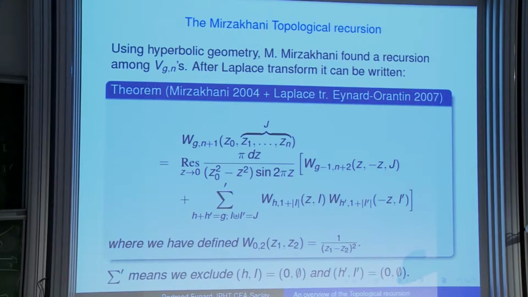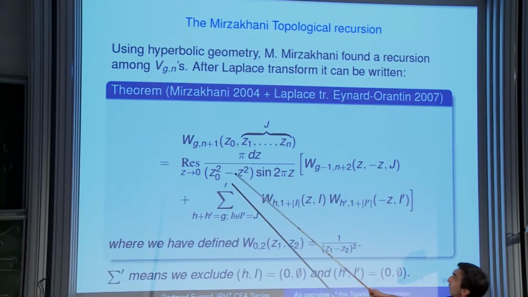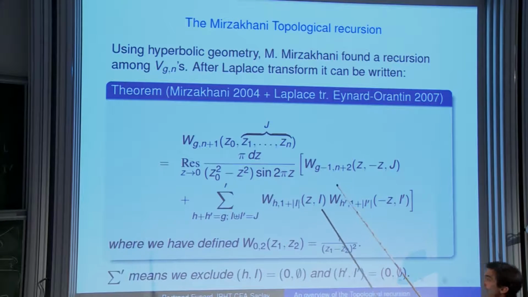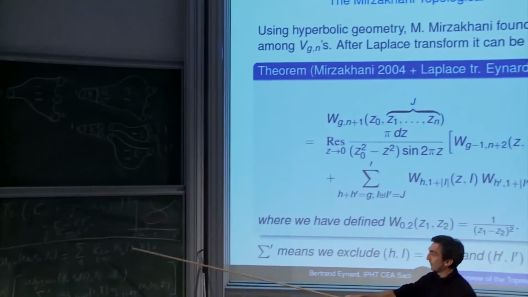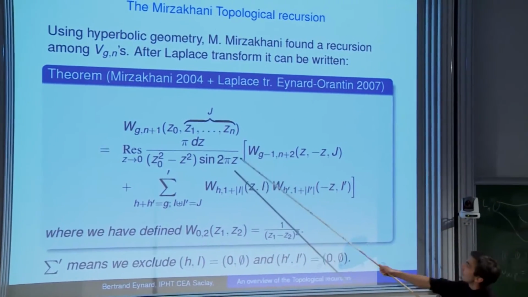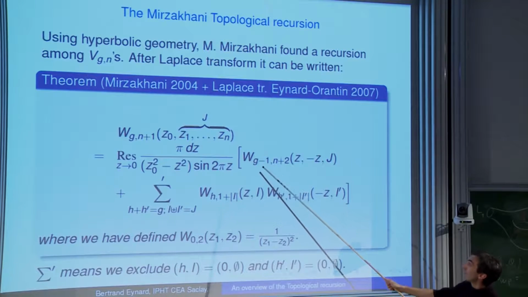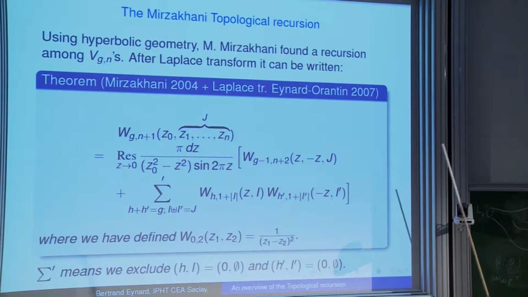Well, Mirzakhani wrote the recursion relation directly in terms of the volumes. But if you Laplace transform, this is the recursion equation you get for the Laplace transforms. So this is just the Laplace transform of Mirzakhani's equation. And it takes this form. So you see, I will show you later that it's a specialization of that case. But it's just an integral involving, so you can compute some W_{g,n} in terms of some other W's, which you have already computed before somehow.